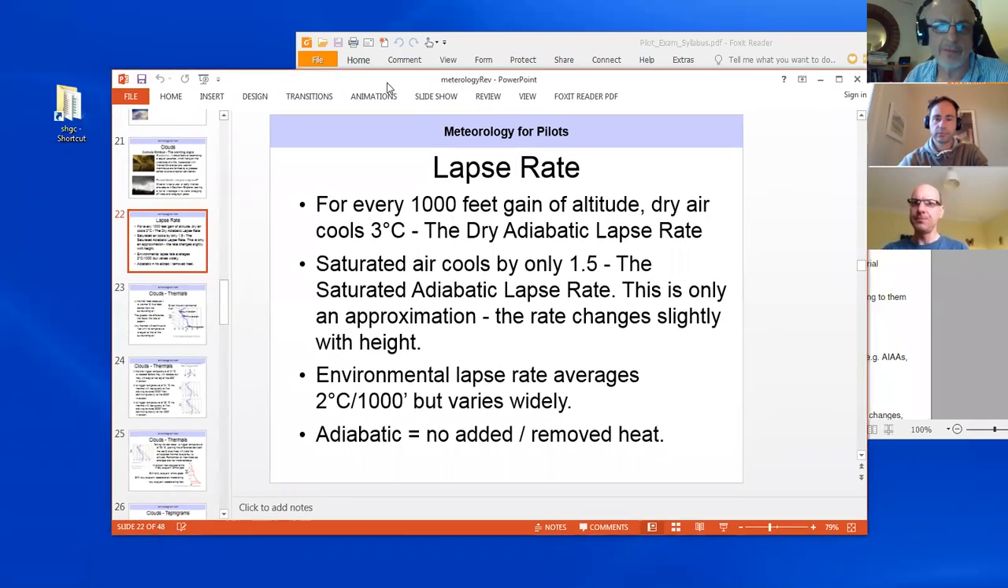Okay, so we're going to basically pick up on Met Part 2. And I'm just going to share the screen with you guys. So you should now see my other screen up there with lapse rate on it. We did cover this last time. I'm running through it again